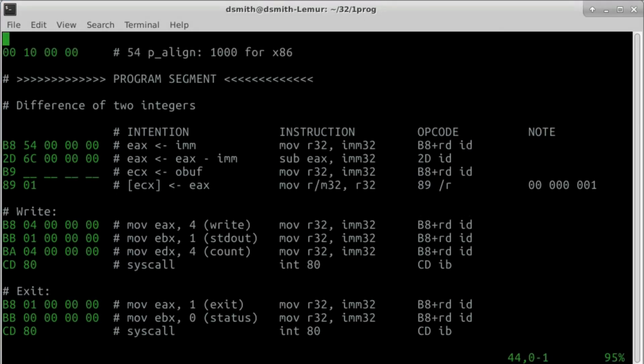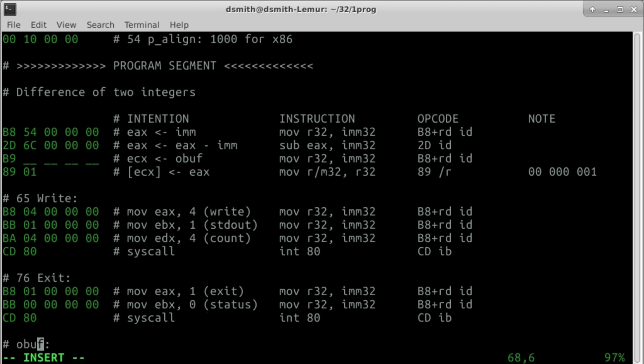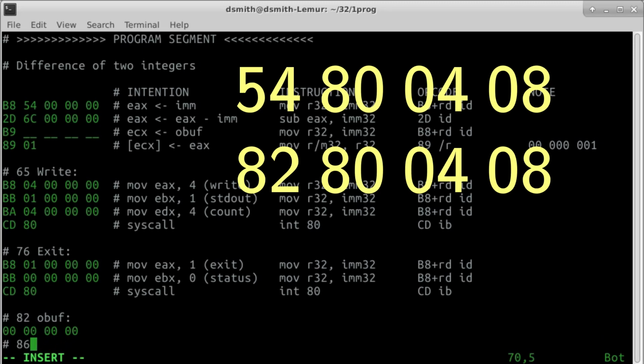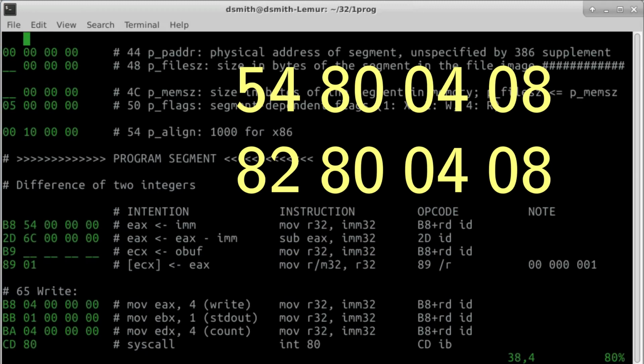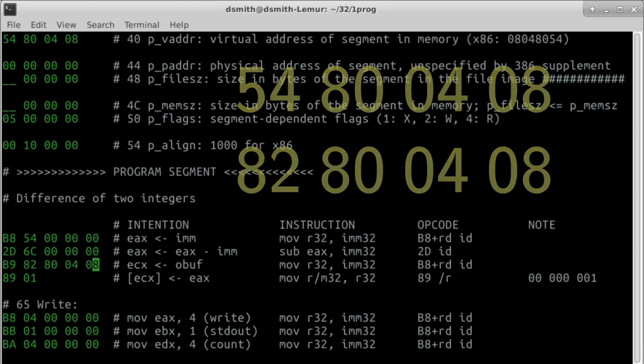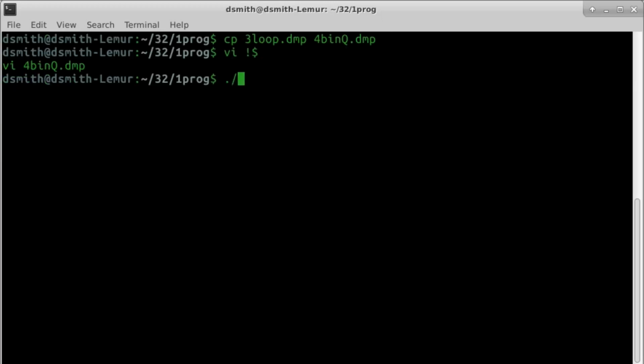We insert byte counts. The program segment starts at byte 54 of the file, and PV address is 54800408 in little endian. So the buffer, starting at byte 82 of the file, is at address 82800408. The program length is 86 minus 54 equals 32. We make the binary,